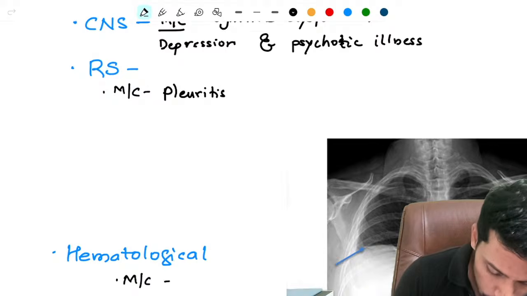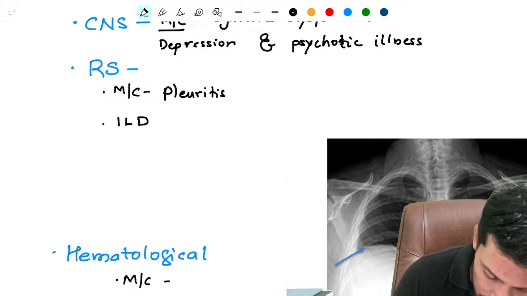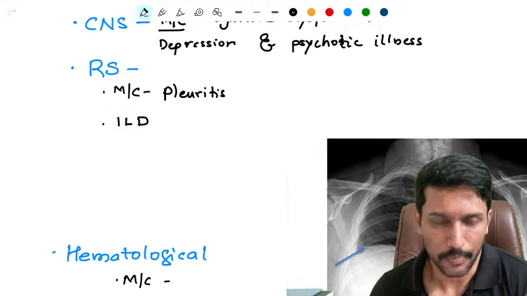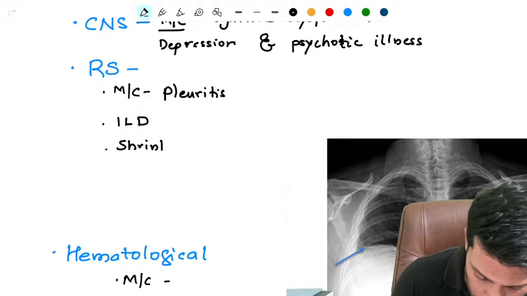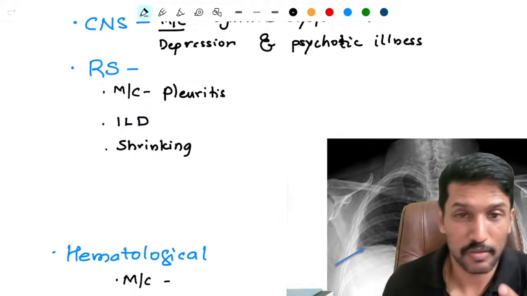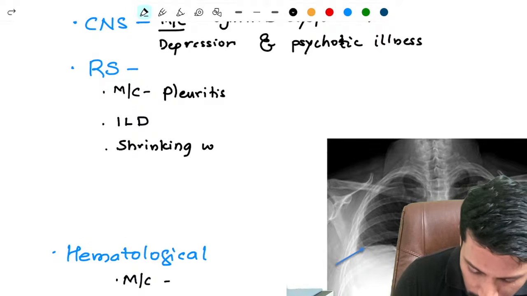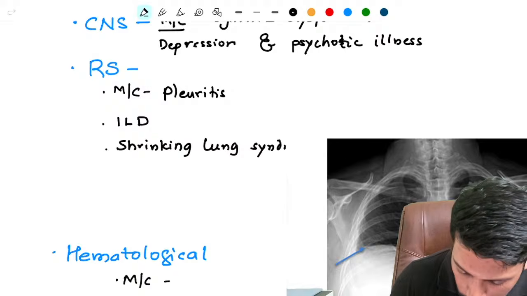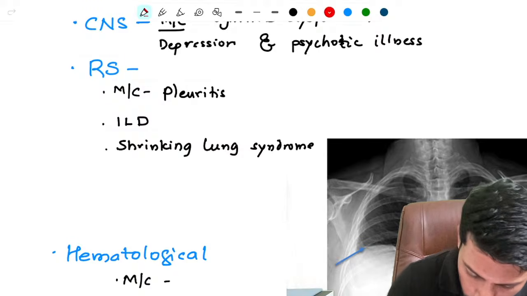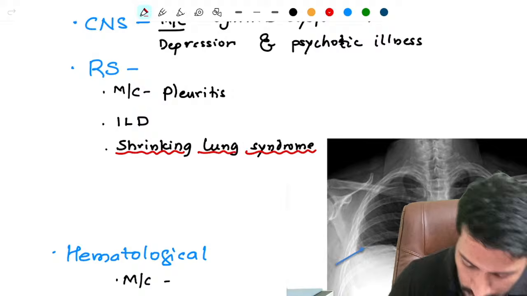Okay. Apart from that, SLE is also known to cause interstitial lung disease, ILD. And then third, a very peculiar condition encountered in SLE, not well understood. The mechanism is not well known, but the condition is well known. It is called shrinking lung syndrome. This could be a 3-mark question in some of the university papers, asking you what is this